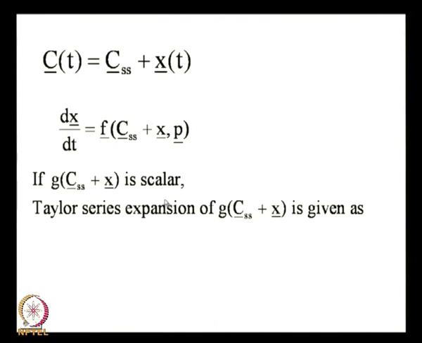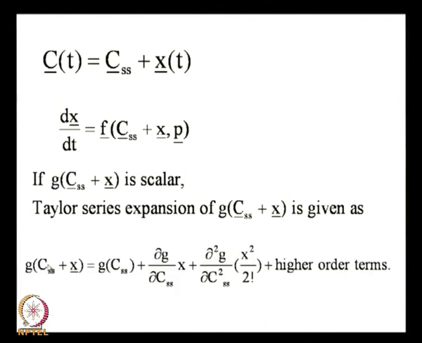So, if g, which is a function of CSS plus x, is a scalar, then, and I am going to go to the vector form of that later. So, I am giving you the simpler thing today, which is this Taylor series expansion in a scalar form. So, then the Taylor series expansion of g is given as this. Okay. So, g of CSS plus x is simply g at Css plus del g del C times x, plus del 2g